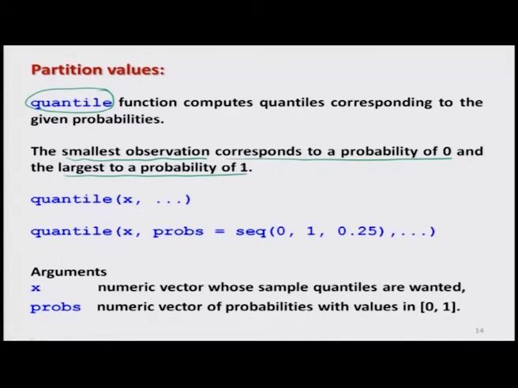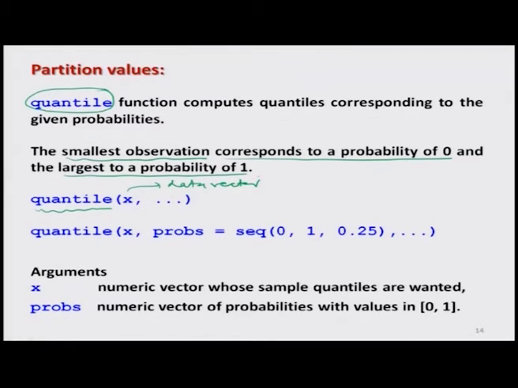Now, in order to find the quantiles, we have two options. First, you simply use the function quantile with the data vector, denoted here by x, and press enter. The second option is that you can define the probabilities also.